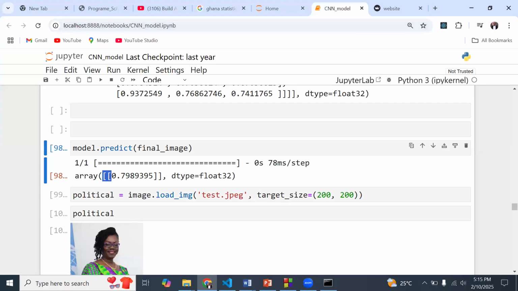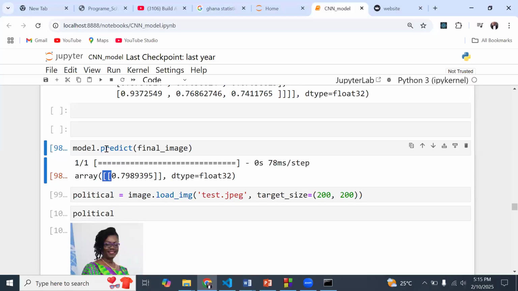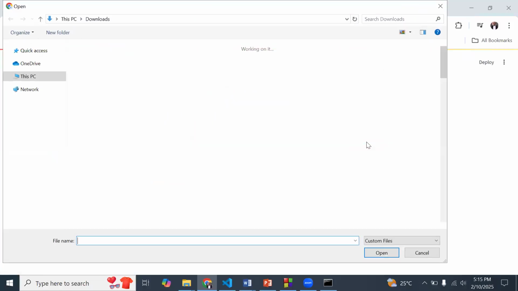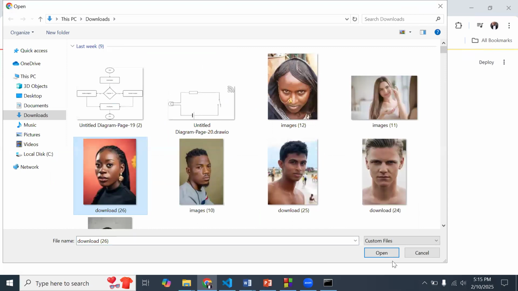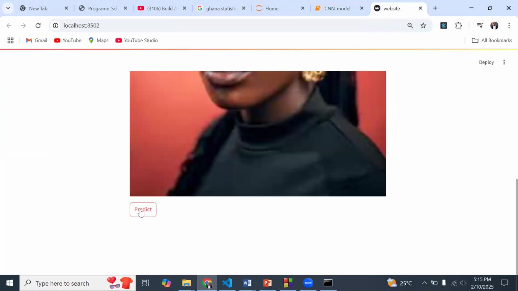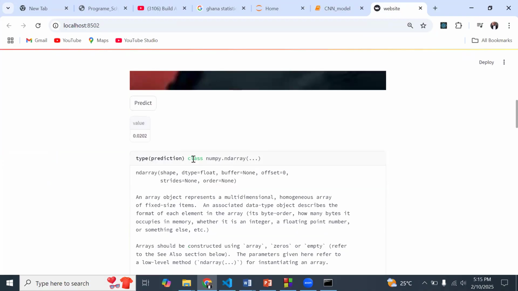But what I've done is I just want to see the data type of that prediction that we are getting over here from model.predict. That's essentially what we have with model.predict, and then we pass in the image, and this is some value that we get. So what I want is that value. So now let me upload, not the video, but the image, and then do some prediction over here, do predict, and then we get the same value.